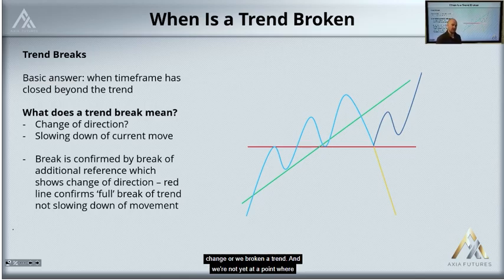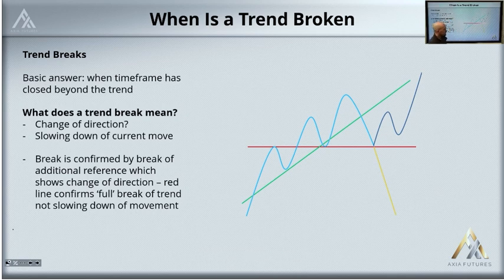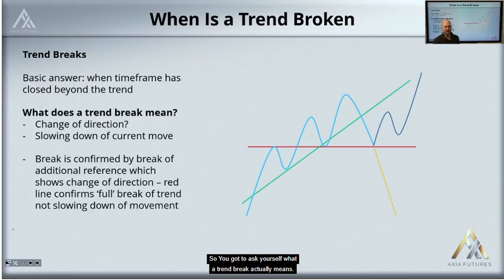Or we've broken a trend and we're not yet at a point where any kind of change is actually coming. So you've got to ask yourself what a trend break actually means. And like I've already illustrated, is this a slowing down of the current move, or is it a full-on change of direction? Now, for a full-on change of direction, you need an additional reference point. You need a point where you can say, right, not only have we changed what's going on, we've actually now